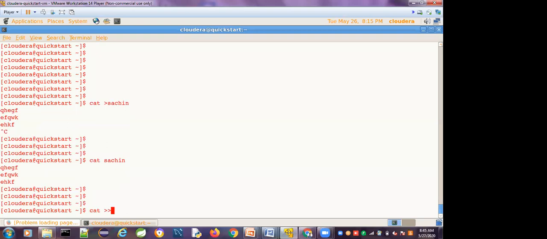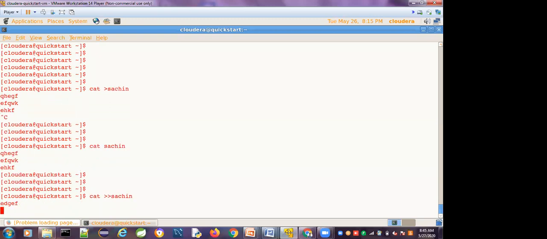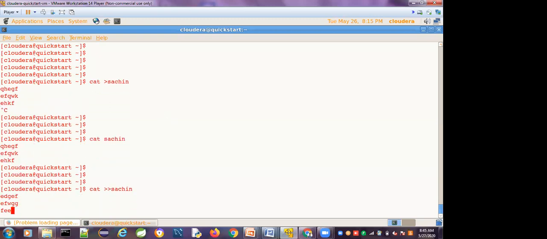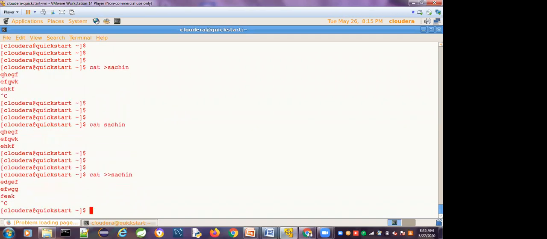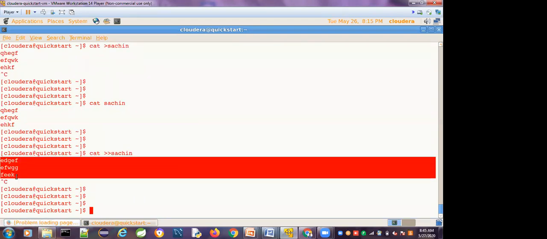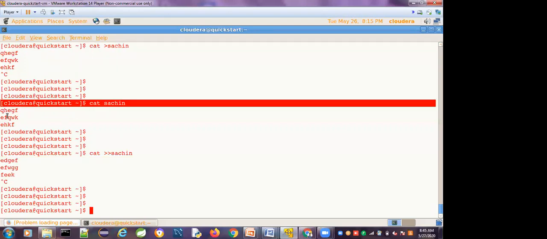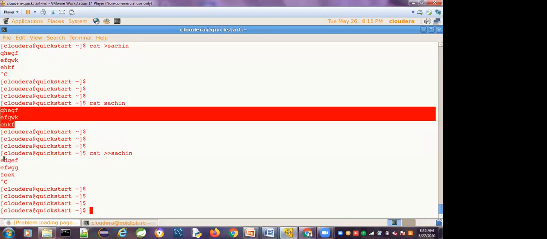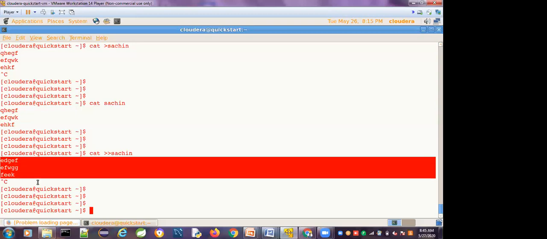Suppose you want to append the data to the existing file, we use the double greater than, to append the data. Whatever data we type here is appended at the end of the file. This data is already present, and to this data the new data will be appended.